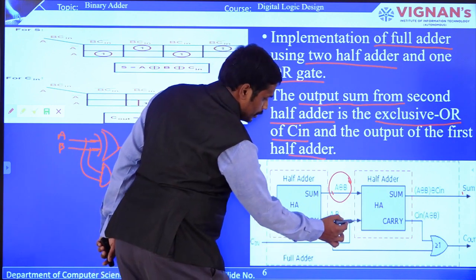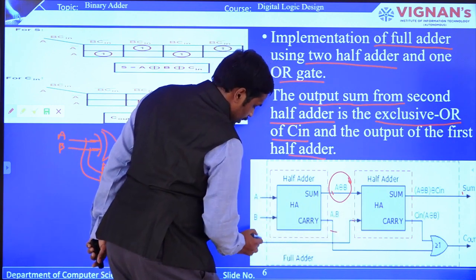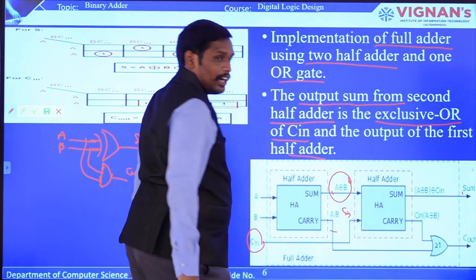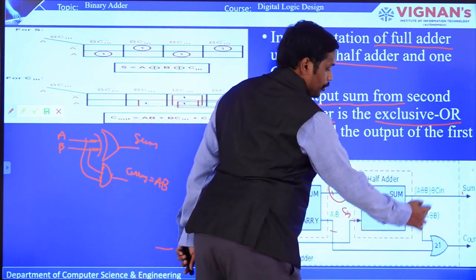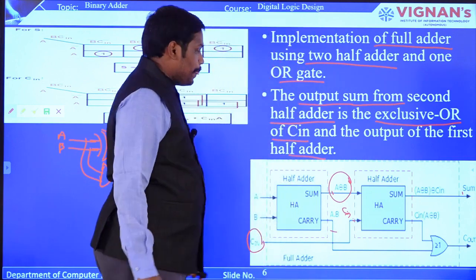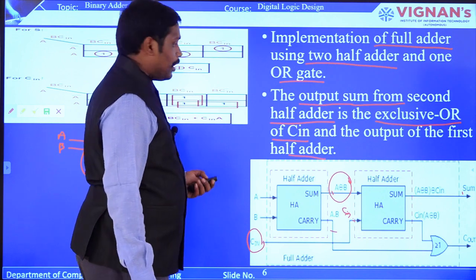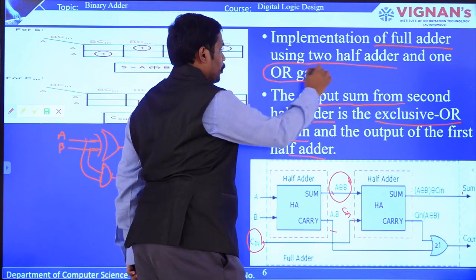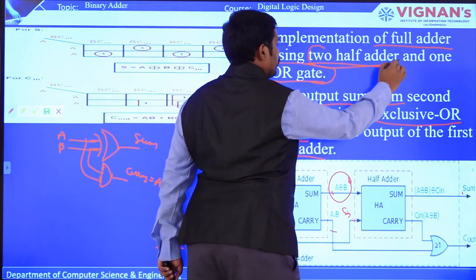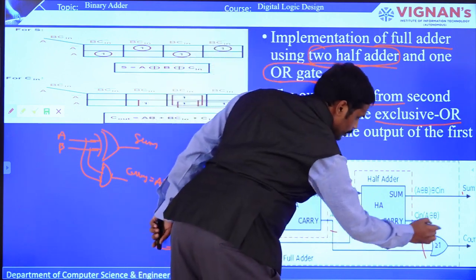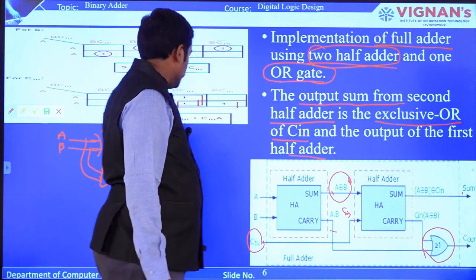You can see here this one is C in. So this C in is given as an input, and when you give it to the second half adder, you are going to get A exclusive OR B exclusive OR C in, right? So this is how the implementation of a full adder with two half adders and one OR gate works. This is more important. So with two half adders and one OR gate, you are going to express the full adder. Here you can see this is the OR gate, right? Right. Next.